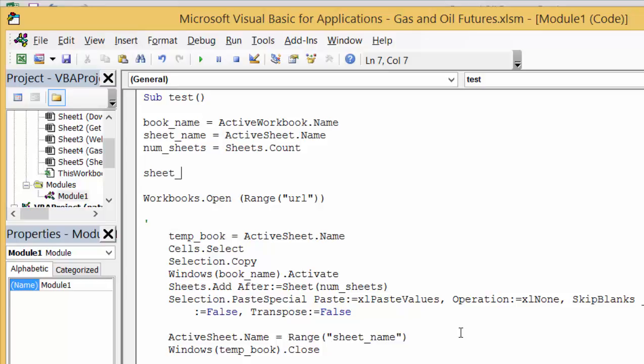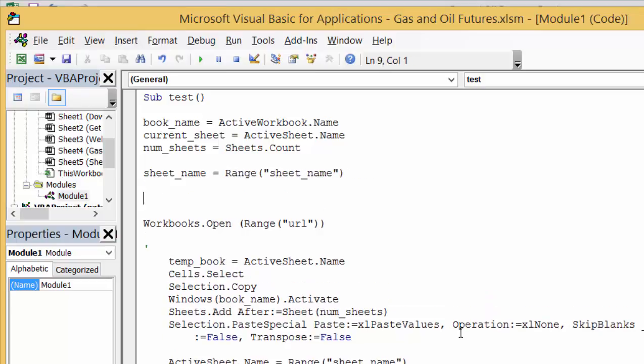We can't do that. Sheet name delete equals range name. Okay, I should have probably called this current sheet. Okay, and then we won't get kind of confused. And then I think you cannot, unfortunately,